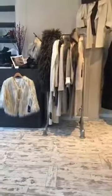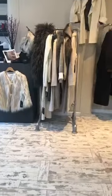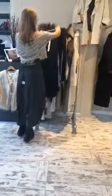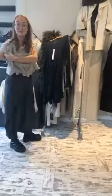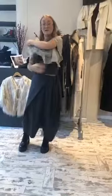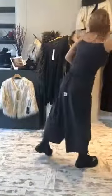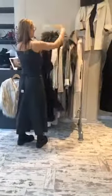Shall we show you the longer one? I'll just throw it on. So, there are 2 lengths. Now I'm sorry about this, you'll have to see my underpiece. Oh, little basic. There you go. So, this is the longer version,